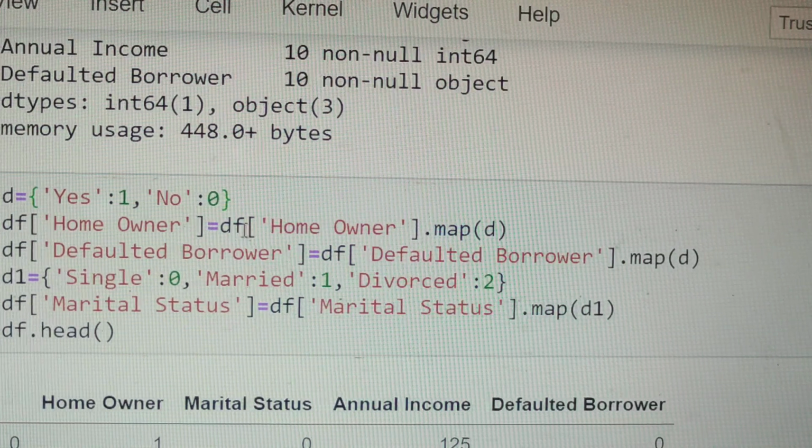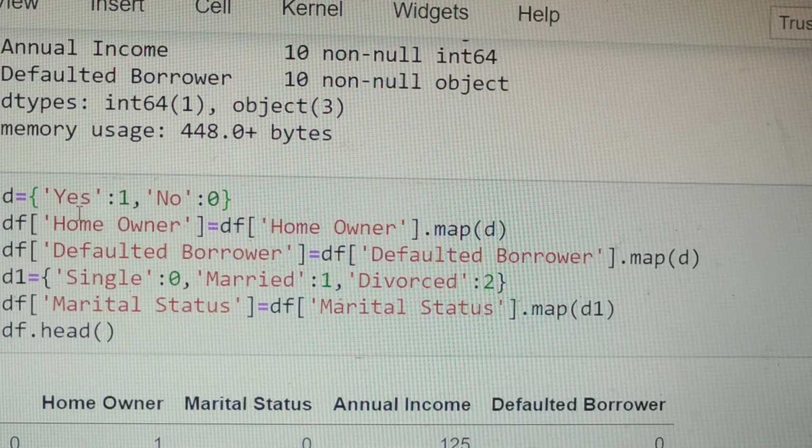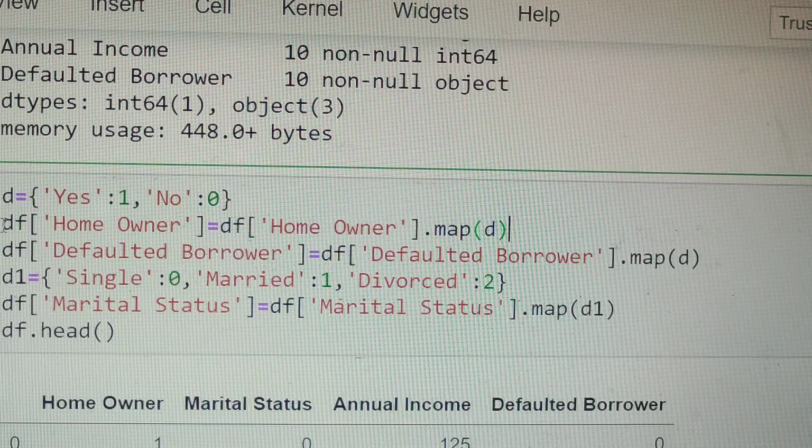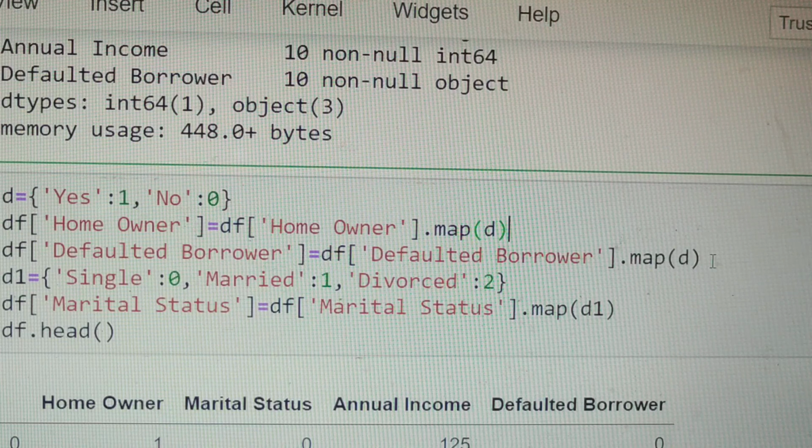Here I have taken a dictionary where yes means 1 and no means 0. So df of homeowner equal to df homeowner dot map d. When you do this dot map d, the values yes and no will be encoded as 1 and 0. Similarly, defaulter will also be mapped with the dictionary values.